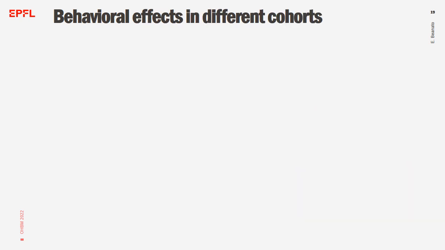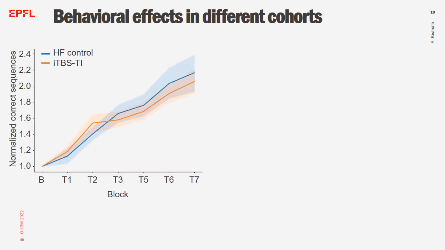In the behavioral results I am about to show you, the main outcome is represented by the number of correct sequences performed during each block, corrected by baseline. When looking at the results of 15 young subjects, here you can see that no difference was found between the two stimulations. We then investigated the same protocol in an older cohort, which represents a suboptimal model of the motor